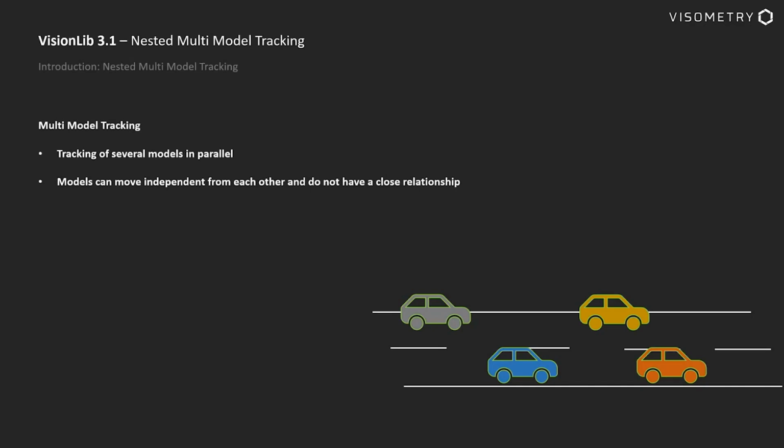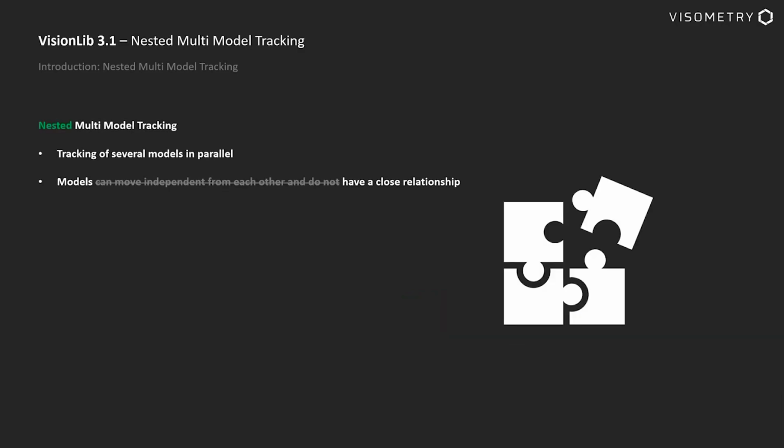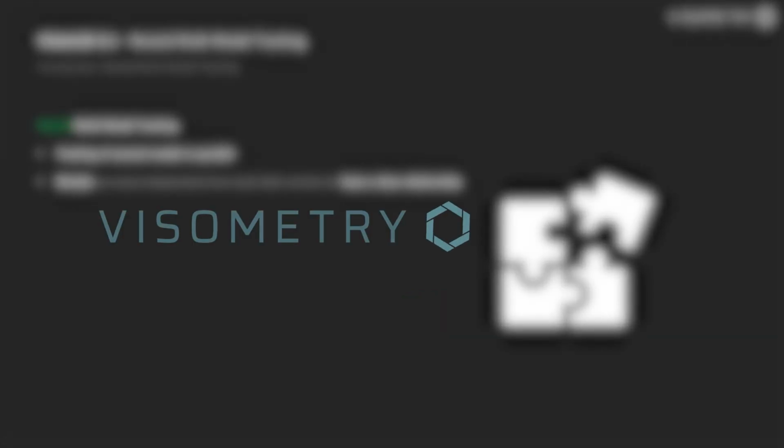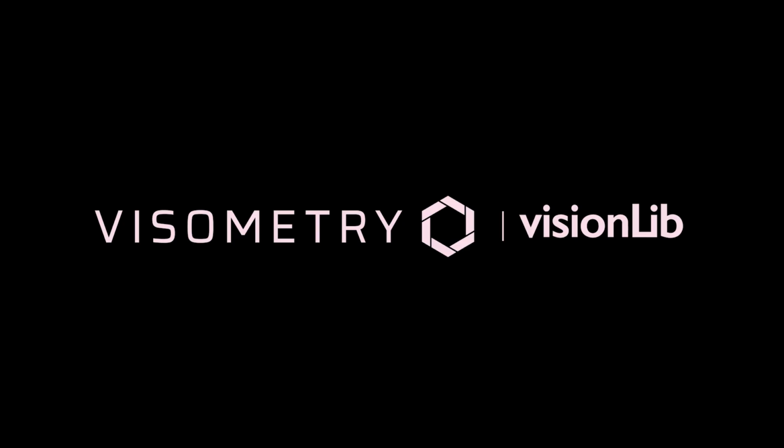The general multi-model tracking in VisionLib allows the user to track several models in parallel. Every model can move independent from all other models, for example, tracking several cars driving on a road. Every car may have its own velocity and its own direction. Some may pass others and integrate back into the flow. In contrast, nested multi-model tracking is based on a close relationship